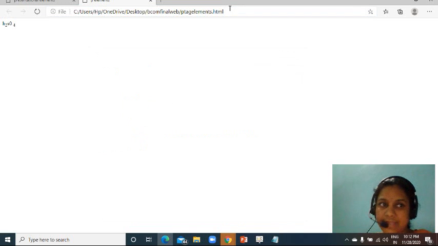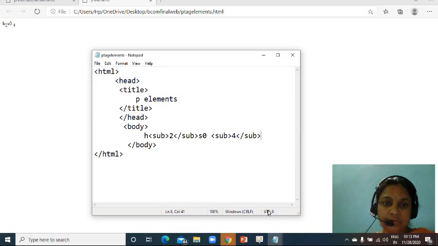See, H2 is under, that means the sub level. 4 is in the sub level. Once again I am repeating: H2, I want in the sub position. That's why I'm going to use a tag.